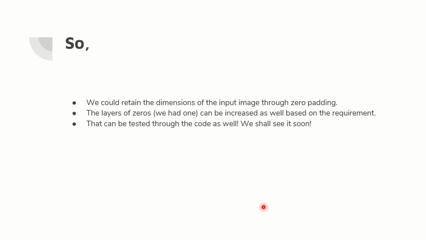Sir, you had only one border, I mean one layer of zeros over there in the input image. How many layers can we have? Can we have 2 layers of 0 over there? 3 layers of 0? Yes, you can try that also, and it is also tested with multiple examples in the past, and it will also work. When you want better results, when you want to go ahead with trial and error methods, you can add zero padding further also.